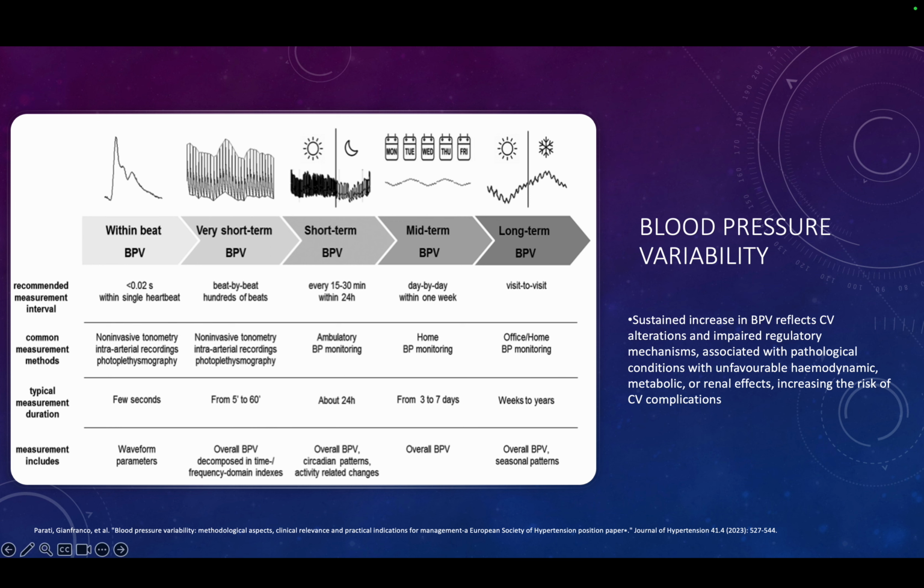What is blood pressure variability? If you see here, blood pressure varies in the same beat. Yes, it does, because you have a systolic pressure, anacrotic notch, and then you have a diastolic pressure. The pressure in the artery is varying in the same beat. And the blood pressure varies over a period of 5 minutes to 60 minutes in a variable fashion in various people. This is a very short-term BP variability.